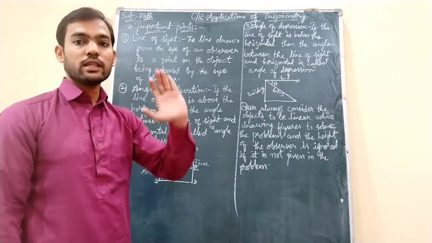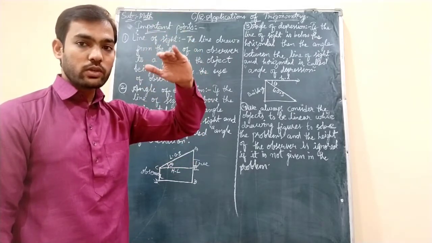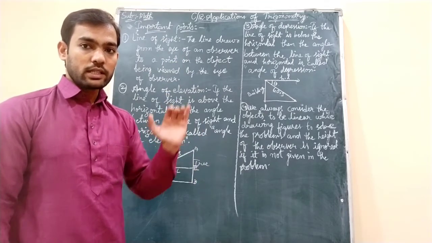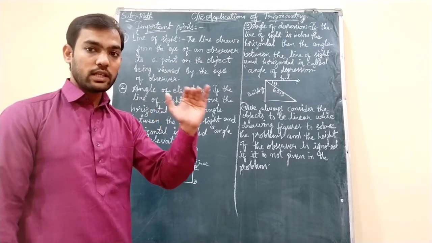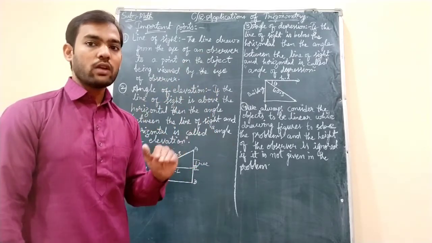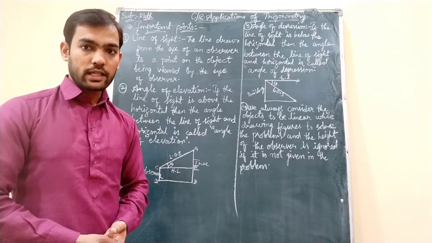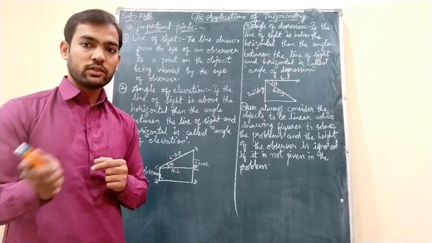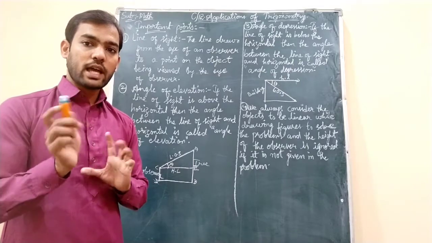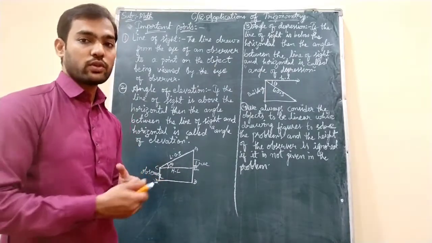And suppose if you are raising your head, then your line of sight will be above the horizontal line, and the angle between those two lines is called the angle of elevation. Suppose if you are seeing any object on the ground, then the angle between the line of sight and the horizontal is called the angle of depression. Only these two things, and you will always see that the angle of elevation is the same as the angle of depression. Okay students, suppose you are seeing from a building to the foot of the tree, the same thing when you see from the foot of the tree to the building, the angle remains the same. Understand? Because you are not changing either your position or the foot of the tree's position.